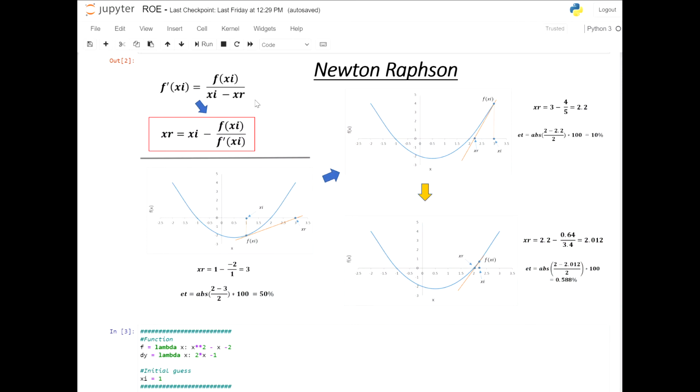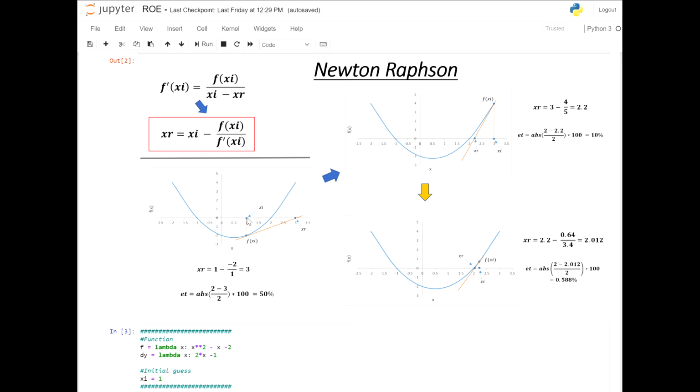So in this lesson we're going to go through the Python code for the Newton-Raphson method. Now if you remember, the Newton-Raphson is the first method, part of the open methods, which use one guess to find a root of an equation. And we have gone through in the previous lesson 3 different applications of the Newton-Raphson, and we have shown that